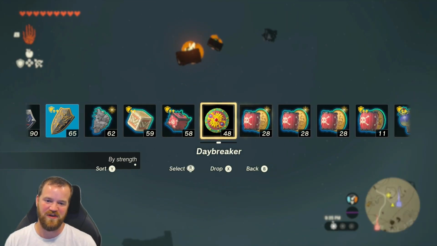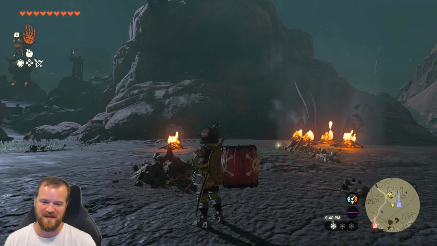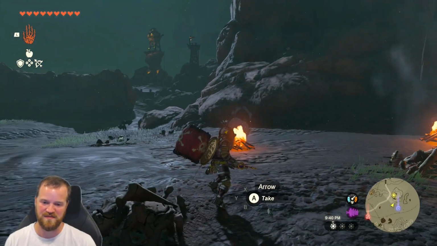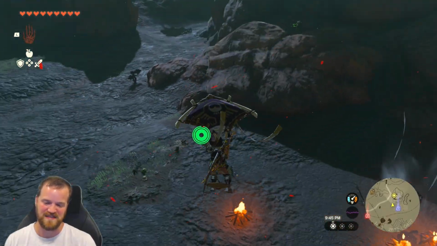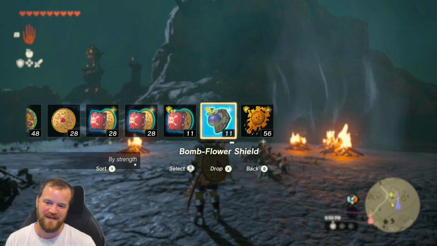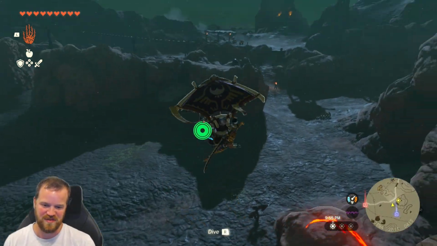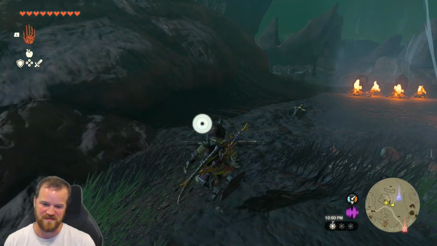Let's use one of our fastest ways to do a Revali's Gale, and that is an explosive barrel or bomb fused to a shield. Love it. That's the fastest way to do a Revali's Gale. So if you do a bomb fused to a shield or an explosive barrel, just do a shield jump and you can immediately gain some altitude, which is really fun for some